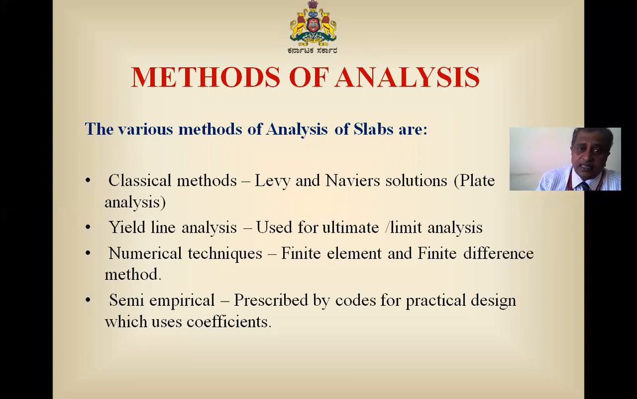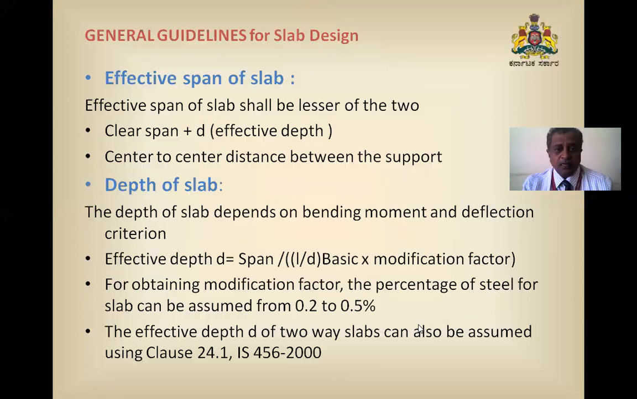Okay, this is another one. And now we can go to the next slide. So here, what are the general guidelines? See, in every RCC design, IS 456 is needed. IS 456 is a general guideline booklet which is being used